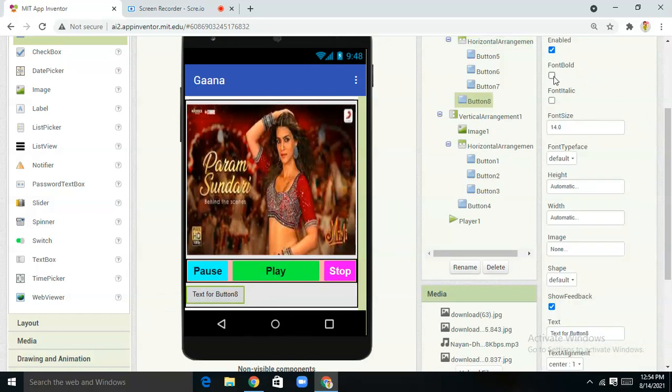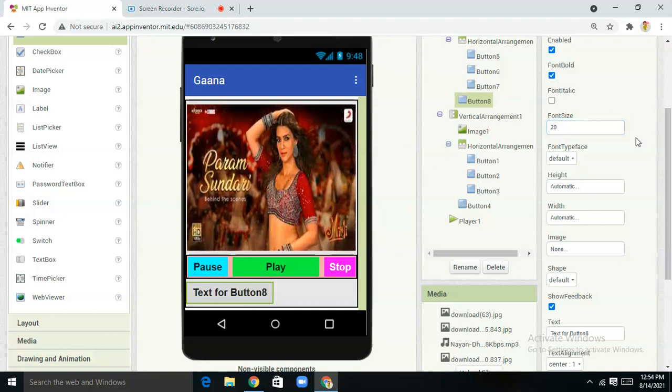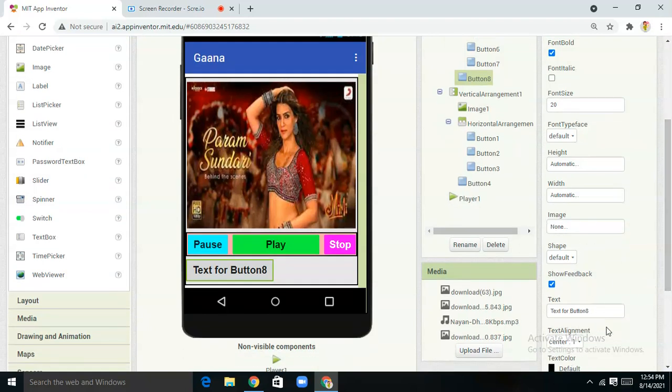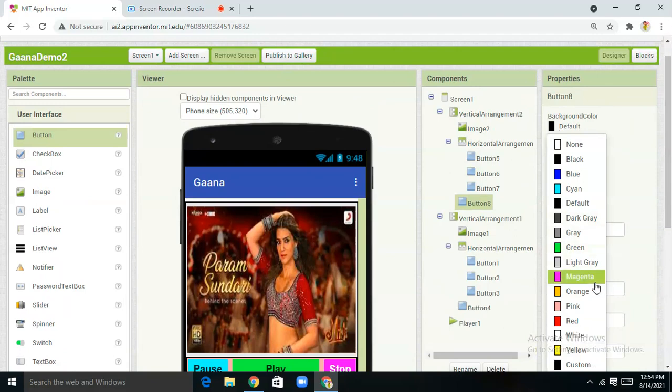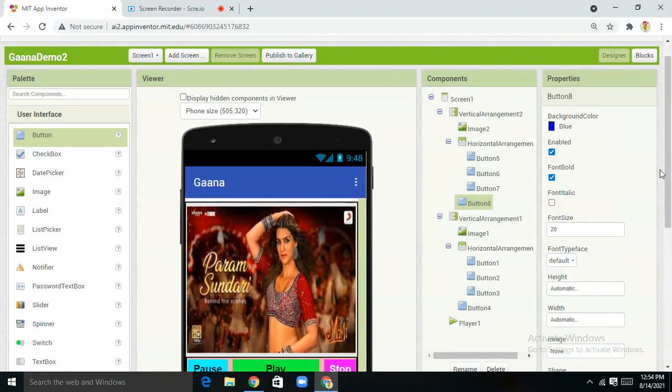And here make sure to add one more button. We'll add it just under the vertical arrangement, and that's for back. Here I have just uploaded two songs. It's your choice whether you want to upload more songs. That's absolutely your choice. You have to use your own creativity in doing that. So text, I'm making it, what should we make? Of course, we want back.